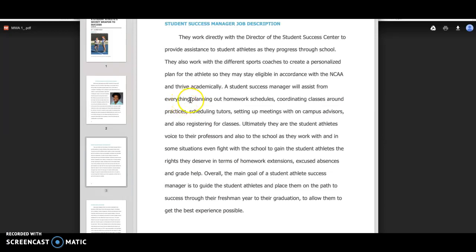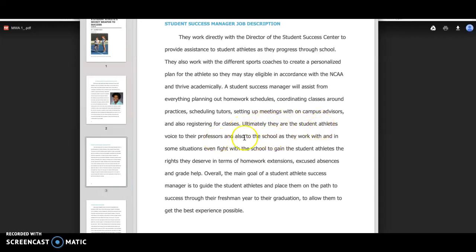I added how she plans out homework schedules, coordinates classes around practices, schedules tutors, sets up meetings with on-campus advisors, and also helps with registering for classes, which is something not a lot of people would know about unless you actually were to ask her specifics or were involved with her directly as student athletes. So I just added that little insight that you wouldn't know unless you knew someone with the job personally.